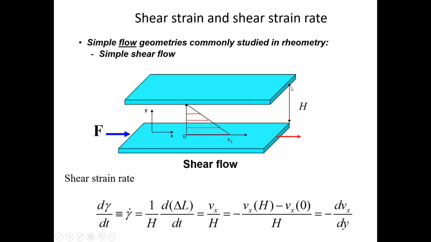So Vx of H is 0, right? So it's minus 0 minus what my Vx of the lower plate is. And that's basically delta Vx over delta in y direction, which is H. And since that's applicable for any H that I consider, and any type of velocity that I apply, that's essentially the derivative of Vx with respect to y. So my strain rate, which is change in time, is essentially minus dVx dy. Okay? And this is a spatial gradient, or one of the spatial gradients